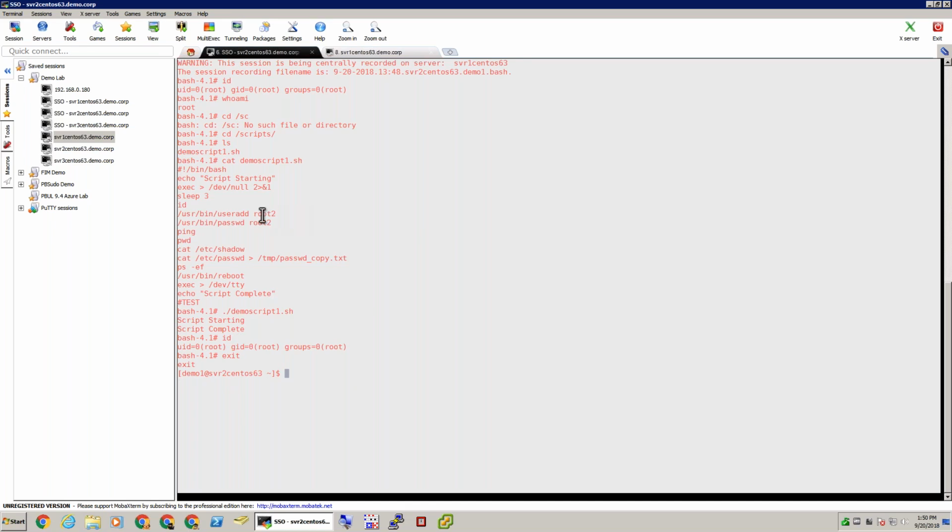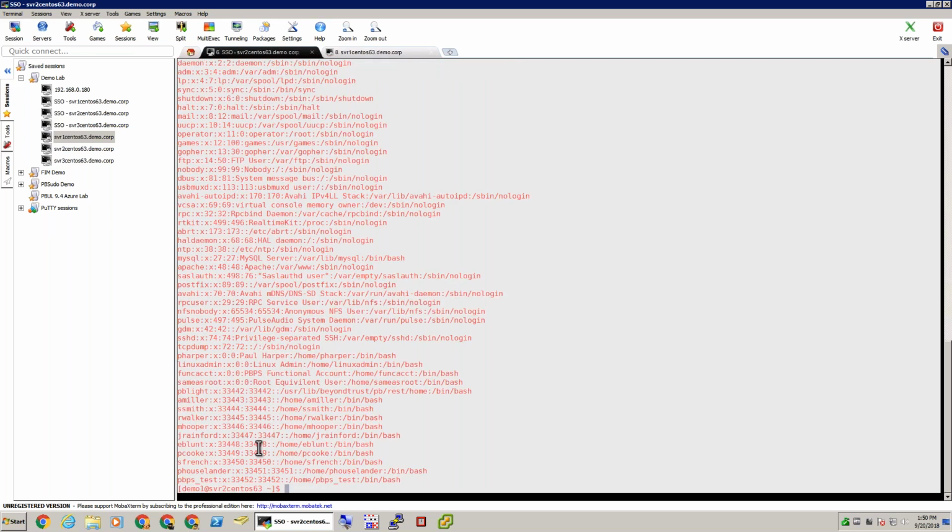So no user called root2 will actually exist on this box. If I were to cat out the etc password file, there's no user called root2 in this file because it didn't allow that user to get created. And that's kind of a lot of what is actually happening behind the scenes with